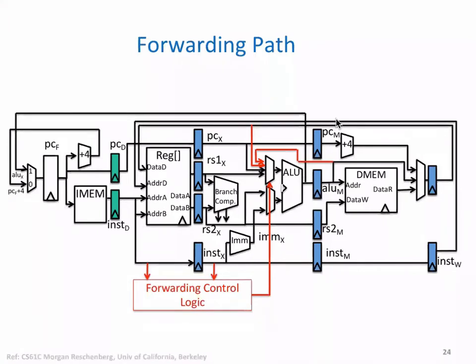So this is just for illustration, and then we will have this forwarding control as part of regular control, and it will of course get inputs from instructions. So basically two arrows here show that we are looking only at dependency in two instructions, and then generating control signals to control movement of this kind of data right here. Whether we need to select it or not depends on the data dependency between these two instructions, right? So this is only for illustration. Actual design will be much more complex.